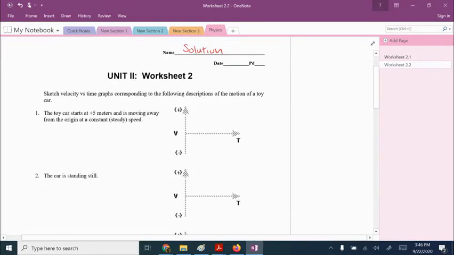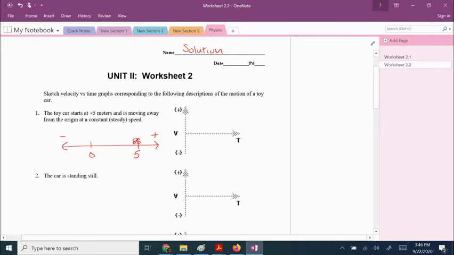Here we go. It says sketch the velocity versus time graph that corresponds to descriptions of motion of a toy car. A toy car starts at positive 5 meters. Let's draw ourselves a little picture here. Here is 0, here is positive 5. This would be the positive direction. That's going to be the negative direction. The toy car starts right here,